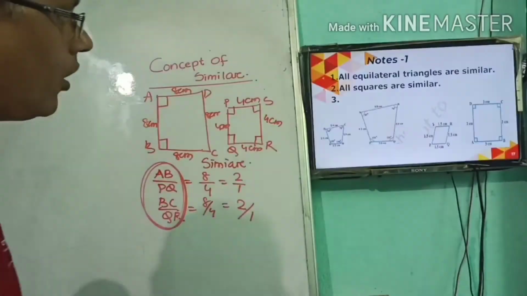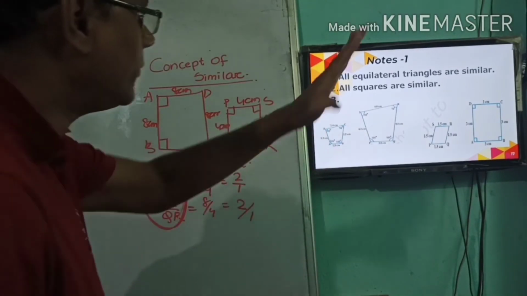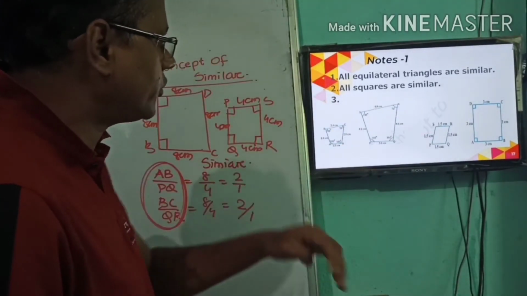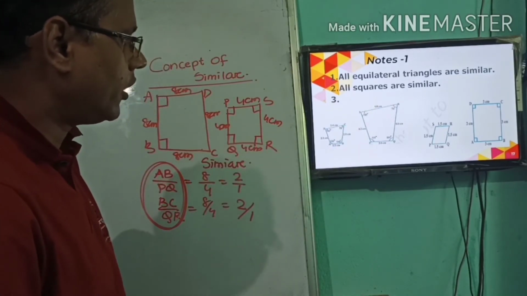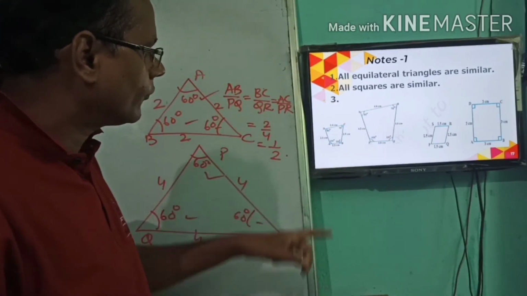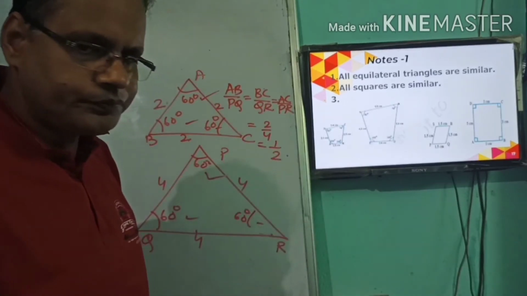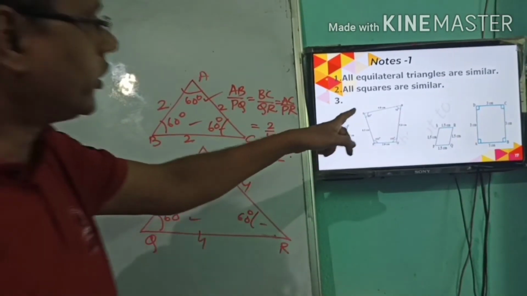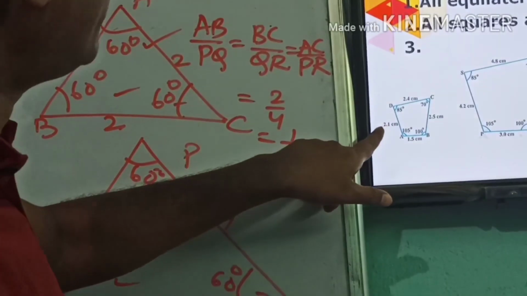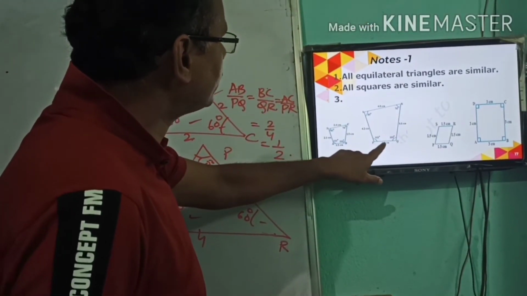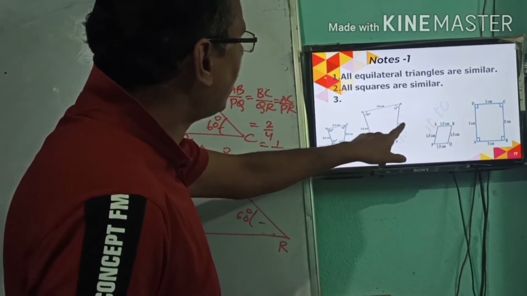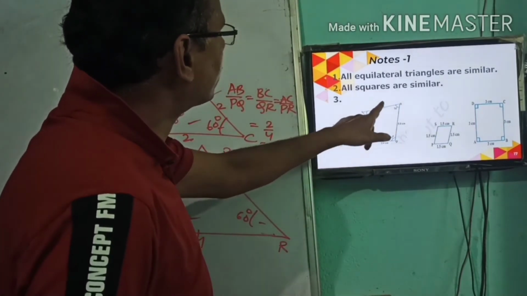You can see it on the screen here; it's clearly visible. If you analyze these figures, these are two quadrilaterals. We can compare them here. This side is 2.1, this is 4.2. This is 1.5, this is 3.0. This is 2.5, this is 5. This is 2.4, this is 4.8.